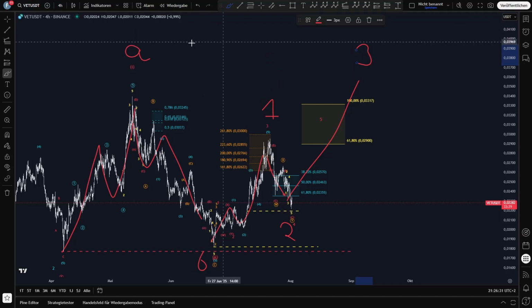But in that case, we need to reinterpret our bullish setup on the daily chart, because on the daily chart we are tracking a 5-wave move to the upside in a C wave, but not in a diagonal structure. So in that case, we need to change our bullish scenario on the daily chart,